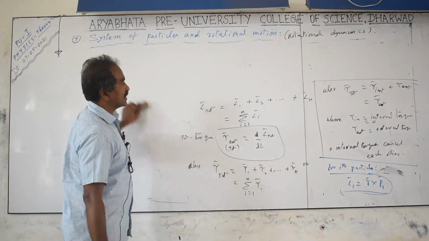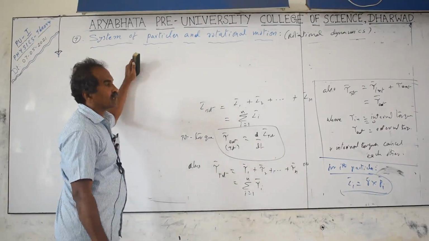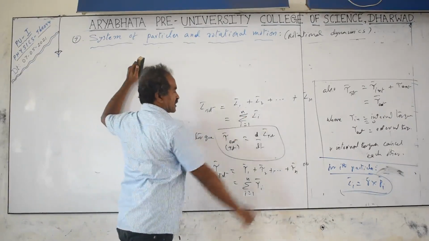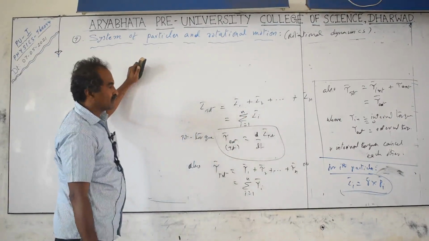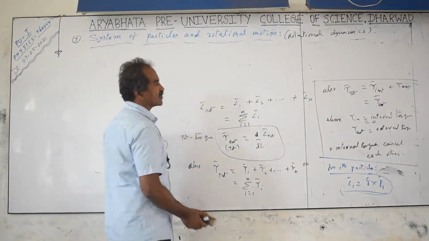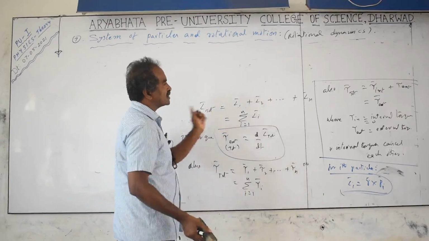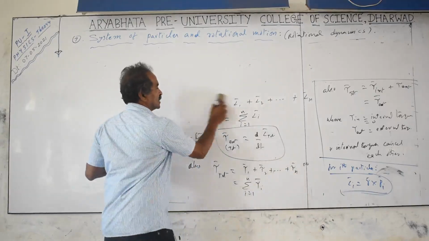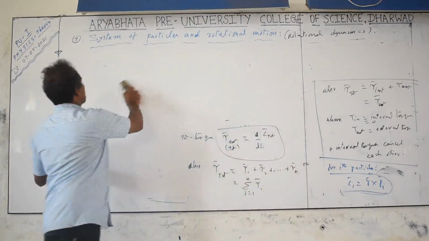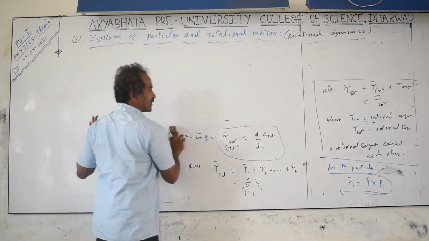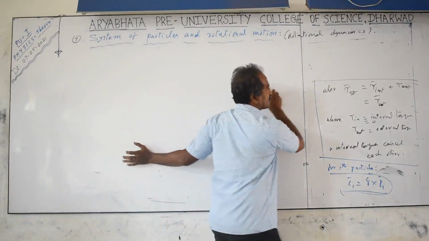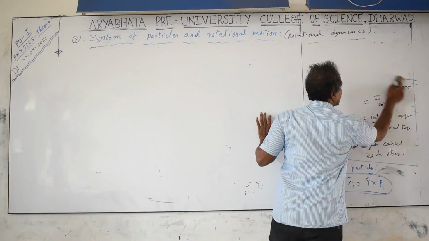Similarly, for planets revolving around the sun, if you want to take the total angular momentum of all the planets around the sun, then the total angular momentum is the sum of the angular momentums. Of course, here also net torque is 0, because the forces are internal forces. Internal forces and internal torques will not affect the angular momentum. So angular momentum remains constant for planetary motion. That is Kepler's second law, related to angular momentum. It is constant when the planets are revolving around the sun in elliptical orbit. Distance may change, but angular momentum remains constant because the torque acting is internal torque.